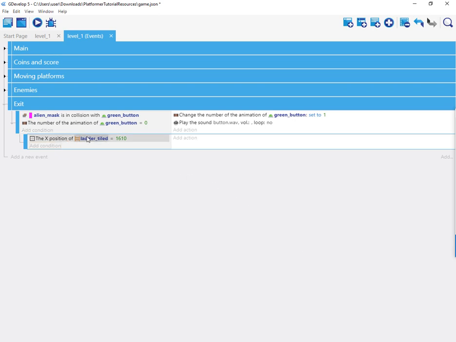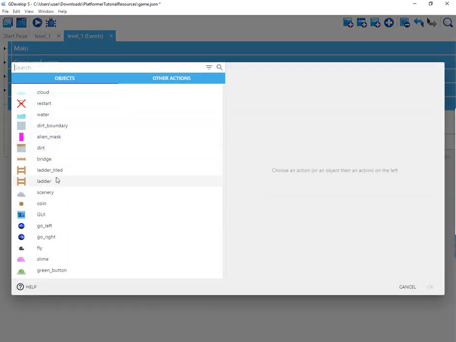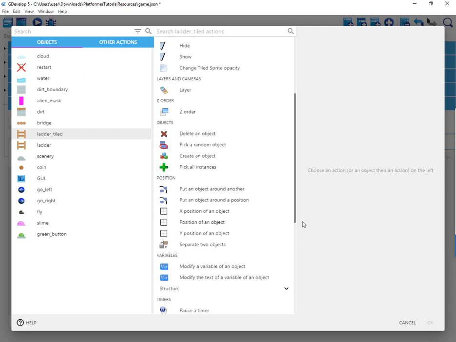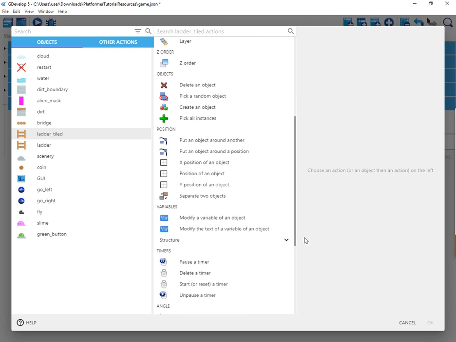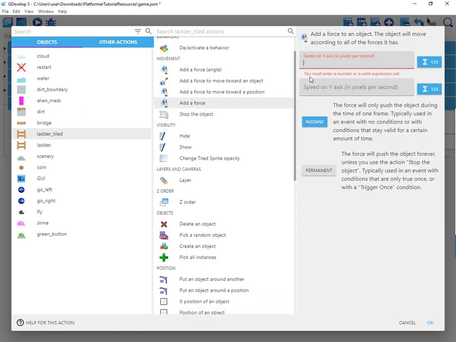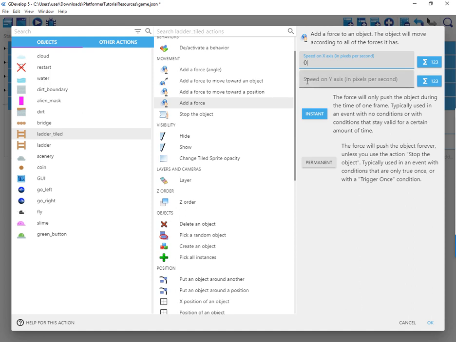So it's going to pick out that particular ladder tiled, and it'll be smart that when we say this one, this particular ladder that is tiled, we want it to start moving. Let's add a force that would be going down. So let's say 70 pixels per second,